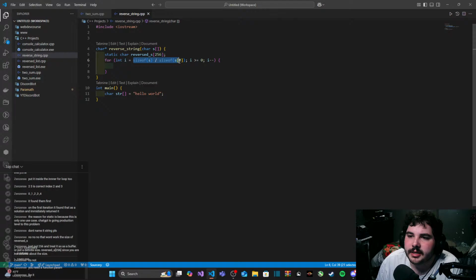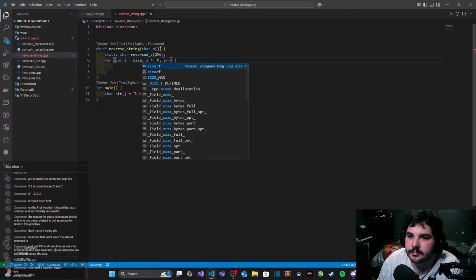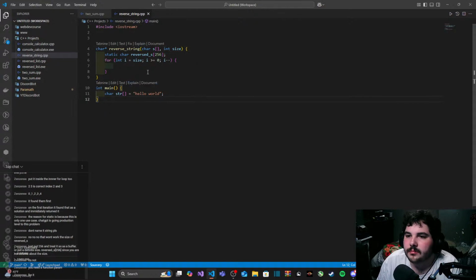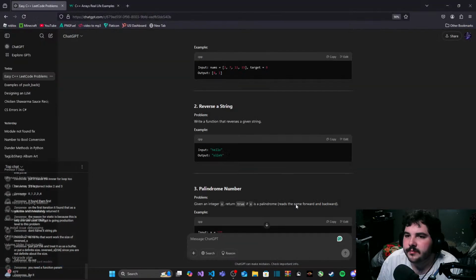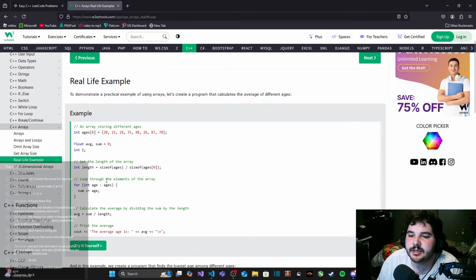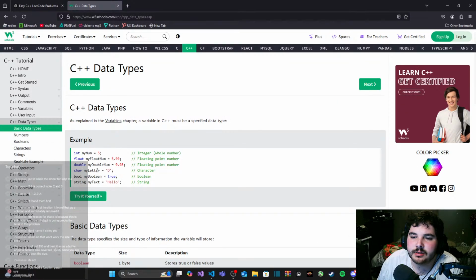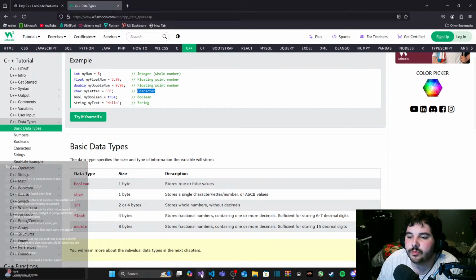So wait, should I... In that case, should I take this out? And then I'll input the size later. Wait a minute, I forgot. How big is a string? How big is a char? Data types. Char 1 byte.